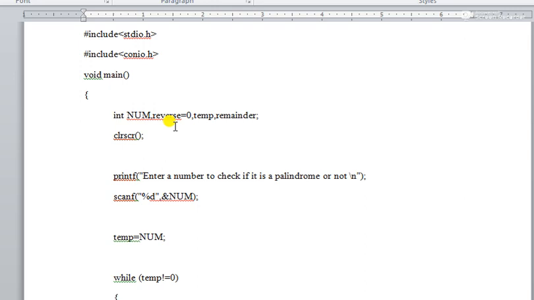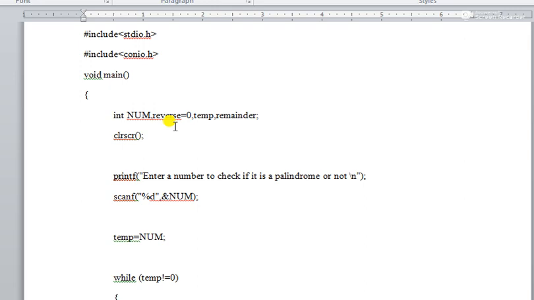That's why the given number is first stored in temp. That temporary stored data we are going to manipulate, meaning we do calculations on it, so we have to keep the original data. Because after reversing, we have to compare both the original data and the reverse data. Only when we compare those two can we conclude whether it is a palindrome or not.